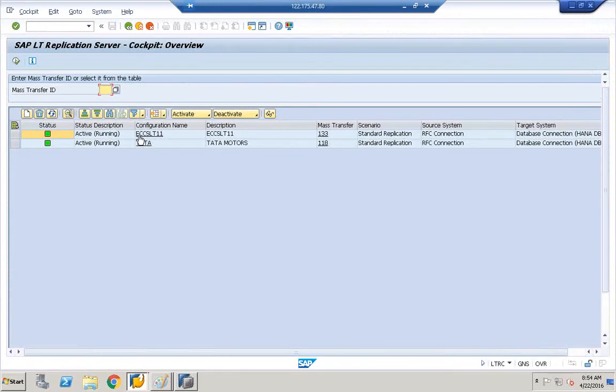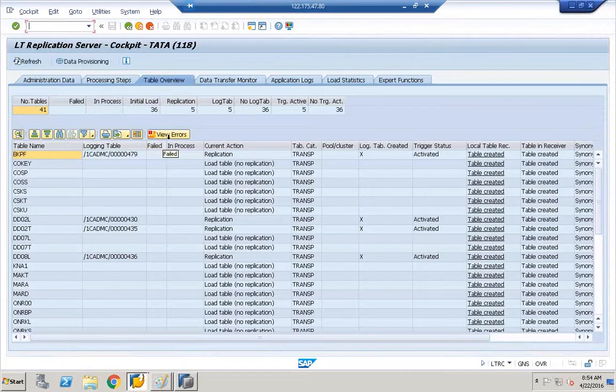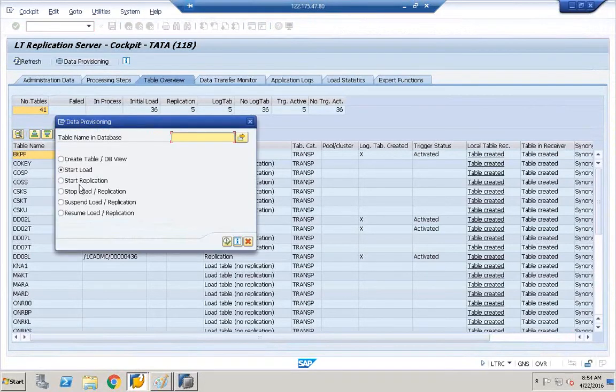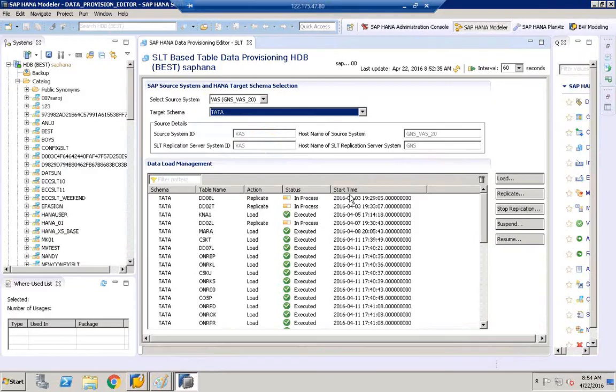These options are also available when you click on data provisioning. These options are also available in the LTRC T code: load, replicate, stop load, suspend, and resume. So all these options are available in the SLT system, that's on the ABAP based system, and HANA Studio is